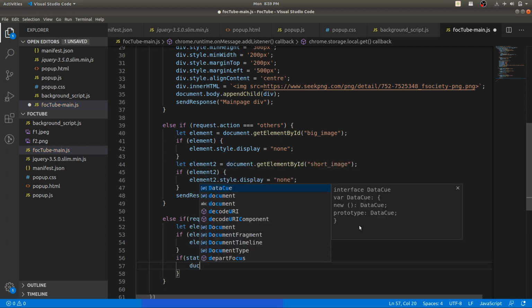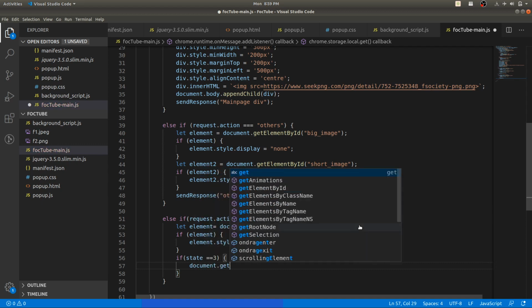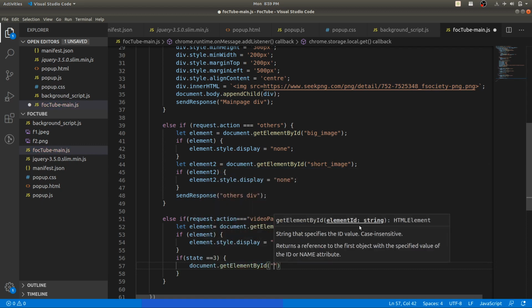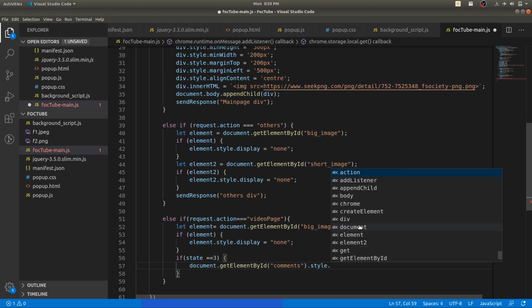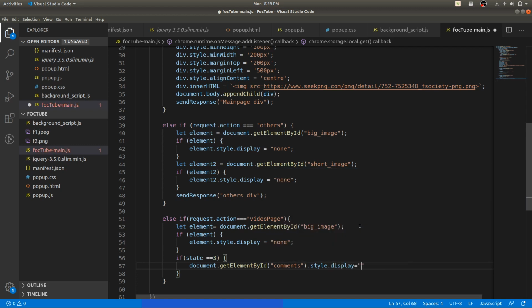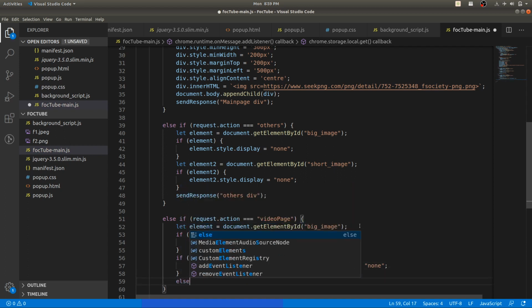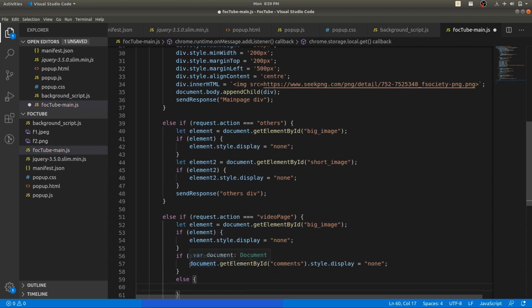Now if state is equal to 3, that is super focused mode, we will hide the comment section. So let's get the element, document.getElement, and we will make its display none.